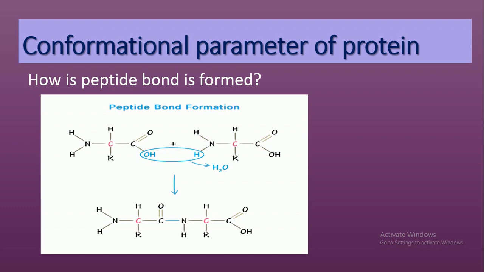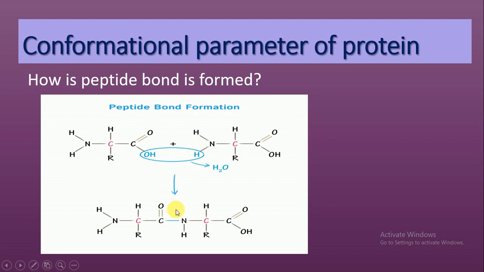We are well familiar about amino acid. This is the structure of a single amino acid, that is NH2CHR C double bond OH, and this is another amino acid. What happens during formation of peptide bond, H and OH is removed as H2O water, and this carbon and